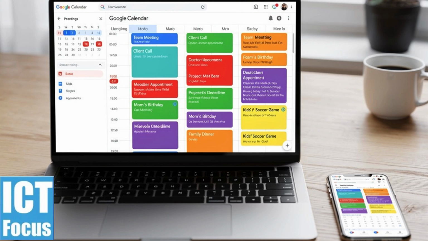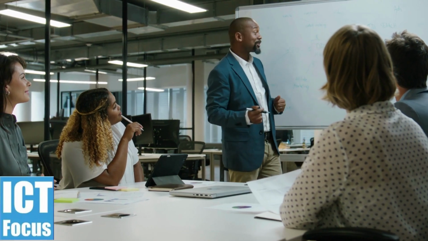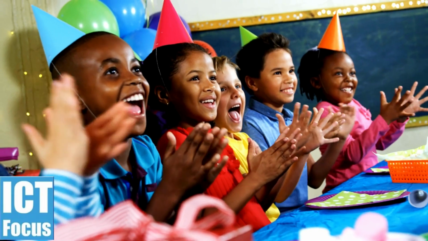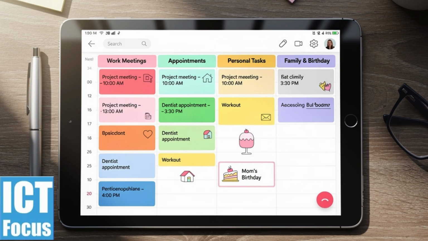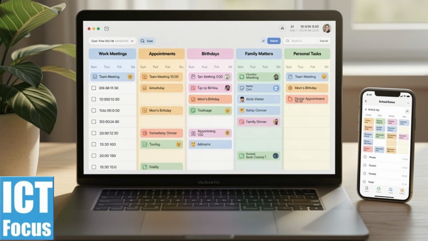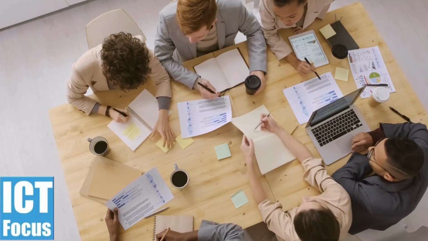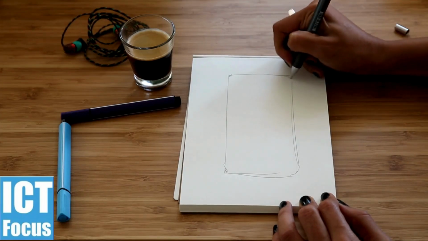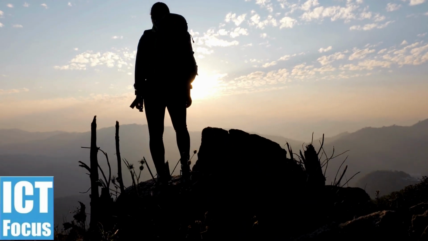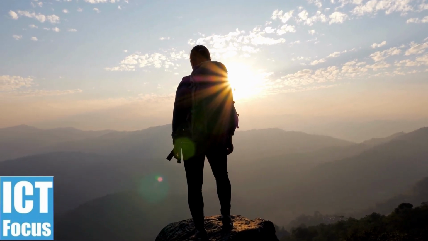Using Google Calendar, plan your time, what you can do. Schedule events, meetings, appointments, personal tasks like birthdays, family matters, etc. You can color code events, for instance work, personal or family events, so you visually distinguish different areas of life. Set recurring events, good for regular commitments, weekly meetings, monthly bills, family time, etc. Why it matters: visualizing your time helps avoid overbooking, ensures you don't forget important events, and gives a clear weekly